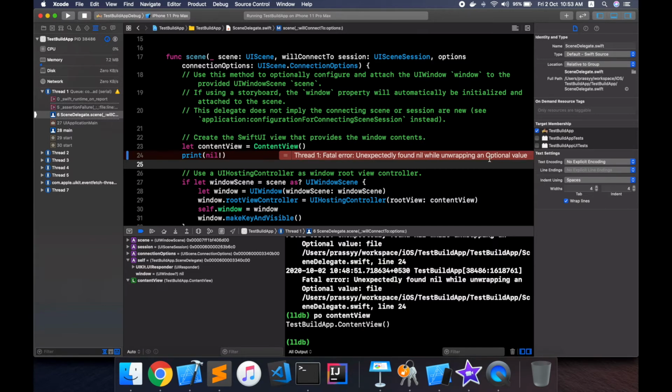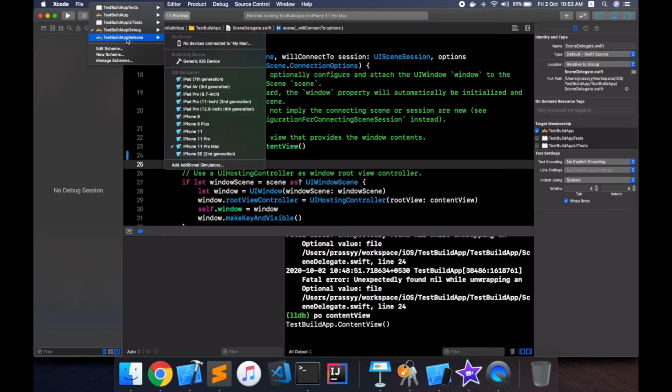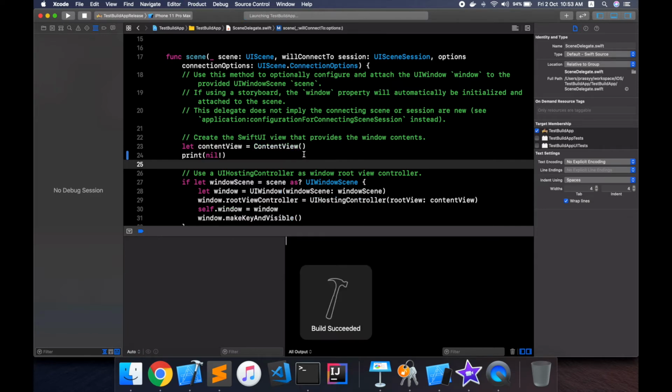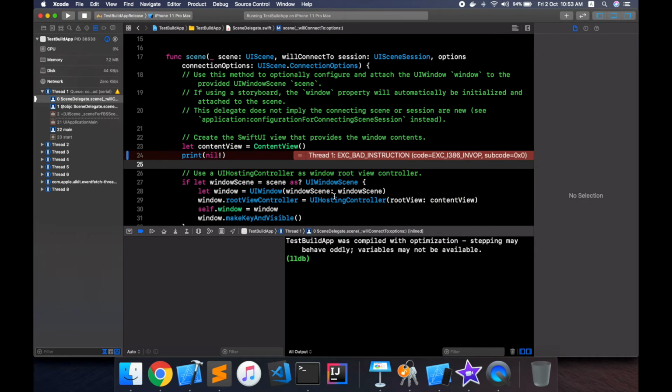This is the case with the test build app debug scheme, which is running the app in the simulator with the debug build configuration. So let us try the same thing with the test build app release scheme, which is going to run the app in release configuration. So now the app crashed exactly at the same place, but if you look at all the things that we previously saw,